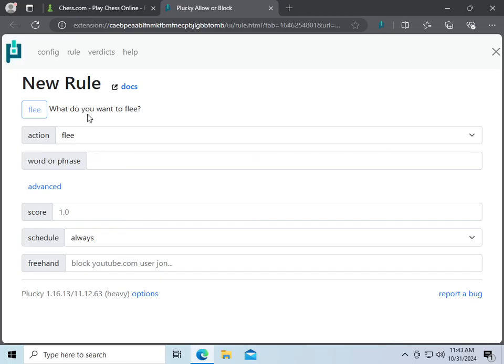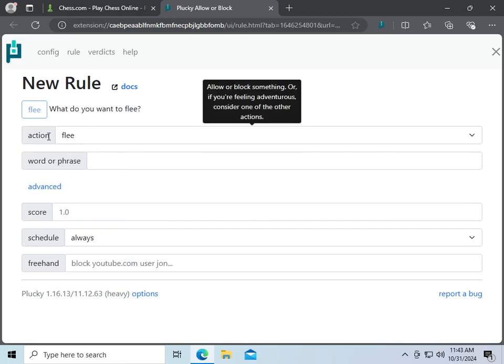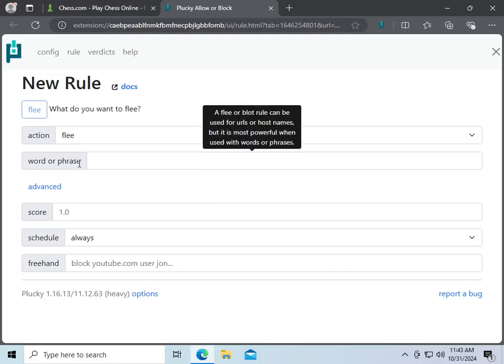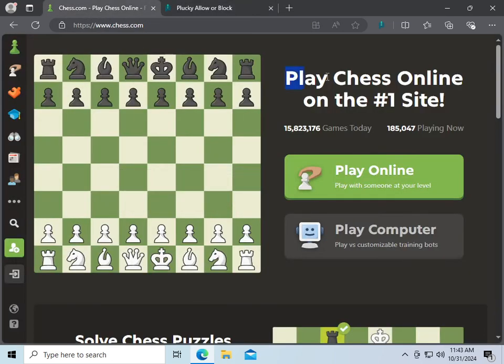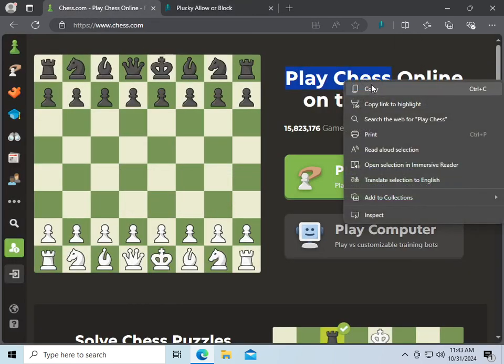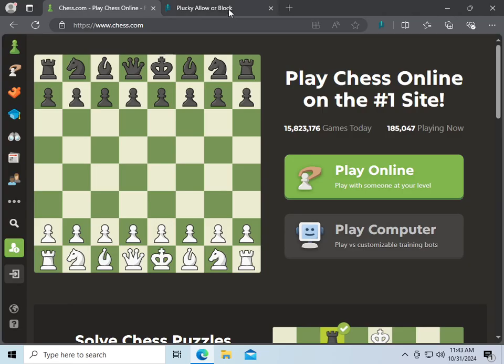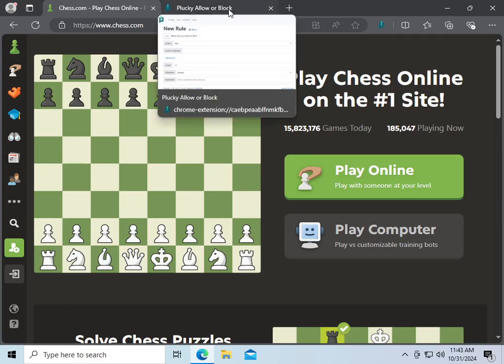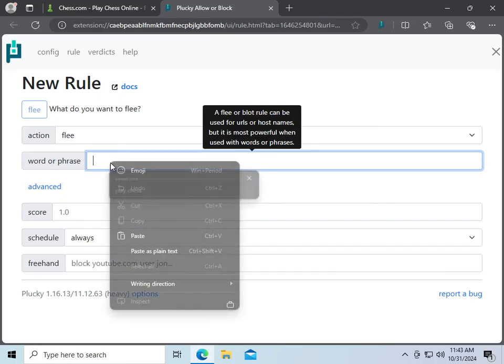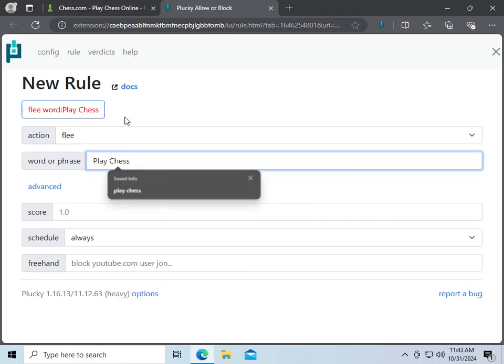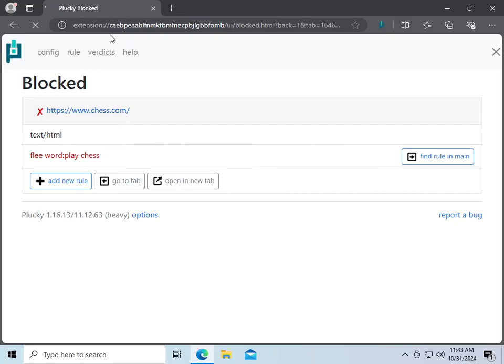I mean, it blocks the page either way, but you can see that changing the action to flee, we get a bit of a different layout here where it's asking for a word or a phrase rather than a site. And so we can use this to our advantage. Flee will take words, and if it finds them on the page, it will try to intelligently block sites based on that. So if we target the word or phrase play chess and add that rule,